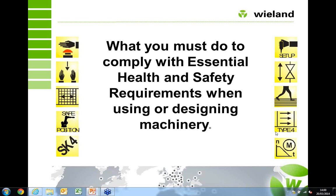As Eleanor has already said, we really want to take you through what you must do to comply with what is called the essential health and safety requirements, and that is when using or designing machinery. So the agenda for today,